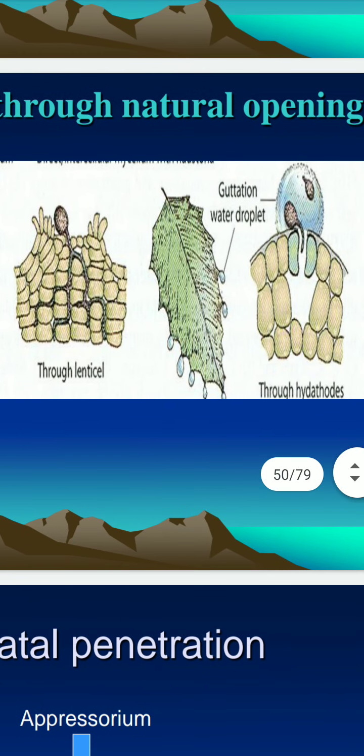Here is the next diagram, lenticel. Lenticel formation takes place at the time of secondary growth, and mycelium enters from the complementary cells, loosely arranged parenchymatous cells beneath the cork layer, known as lenticels. From lenticels there arise natural openings from where the mycelium, haustorium or appressorium enters the host tissue.